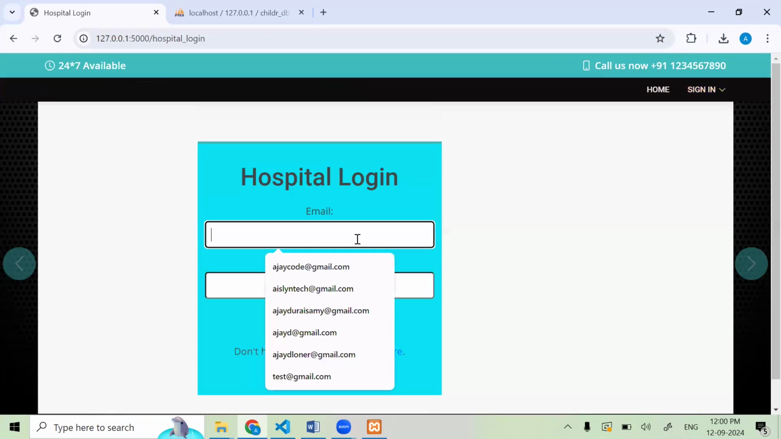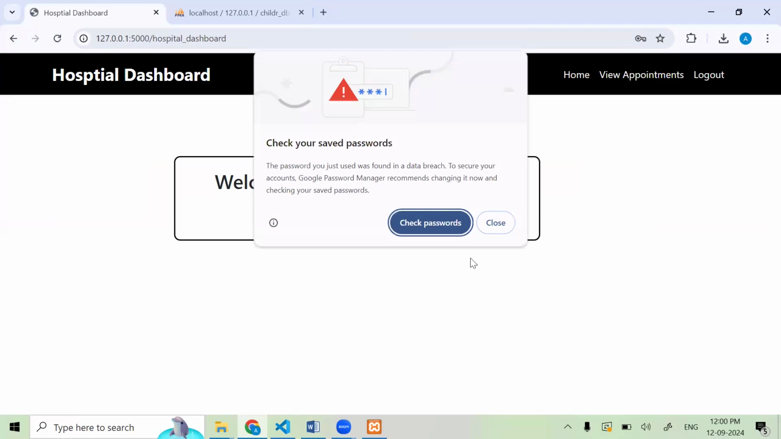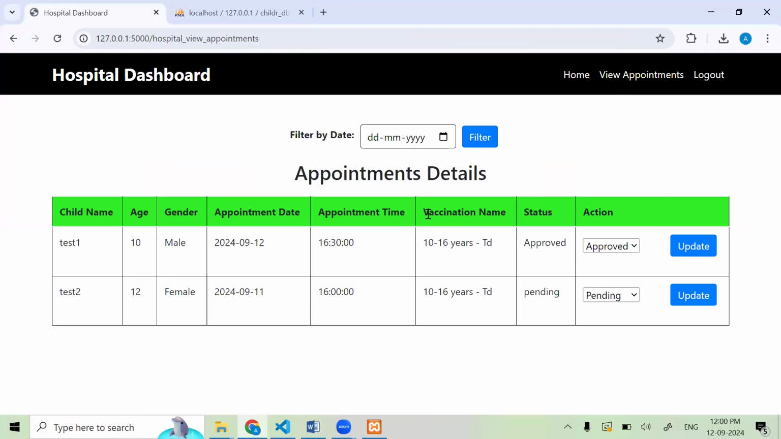Now we can log in to the hospital. Before, we booked the appointment with that hospital, so we can log in to that hospital, Vimala, with the password. If I log in, it will go to the hospital dashboard. In this we can see appointments. Before, I gave the test2 female details, and in this place if I give approve, it will change the status. Now we can see it was approved,